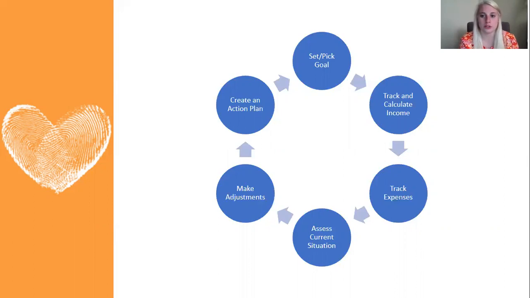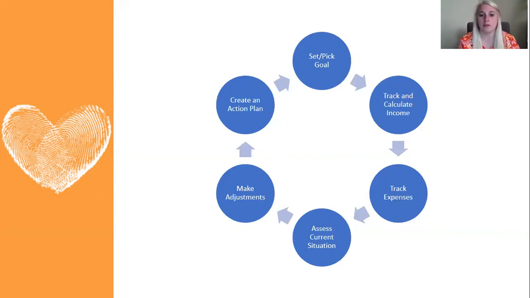So assessing your current situation relates back to the budget that you just did. You want to assess if you're in the positive or negative and how well your budget worked out. Were you more conscious looking at your budget this time, or were you more carefree? Did it work out for you? Did you overcompensate? Did you undercompensate? Where are you at currently with the situation of your goal, your finances, and your budget that you've just completed?